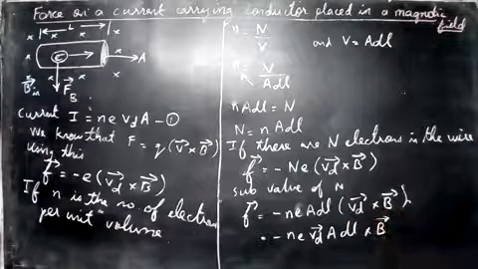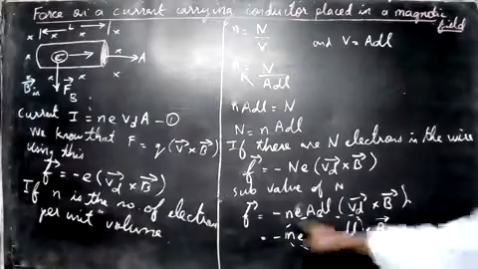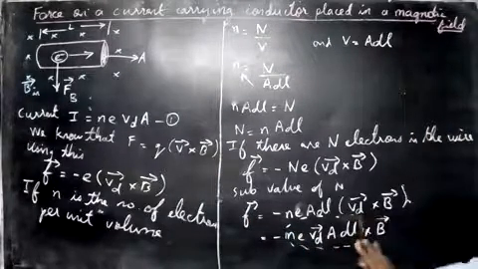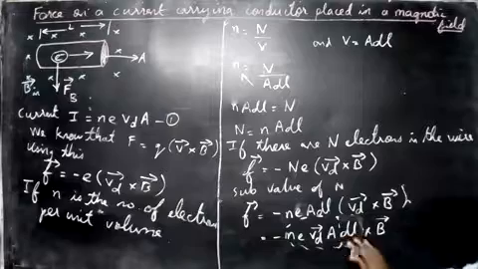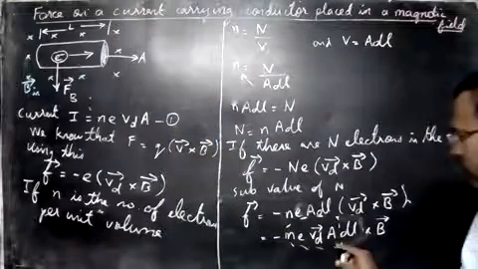Okay, now you can see this. From equation 1 we know that this portion, n e v_d A, means that it is I. You can see the first equation here, the current. So from the first equation we have here